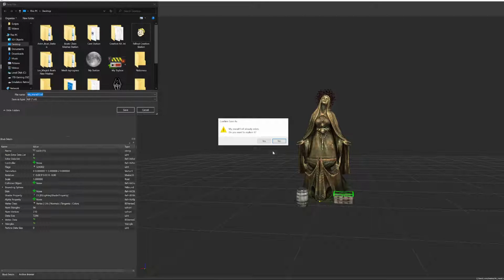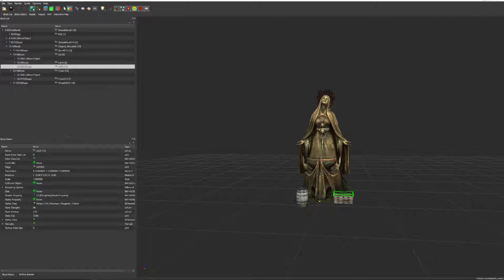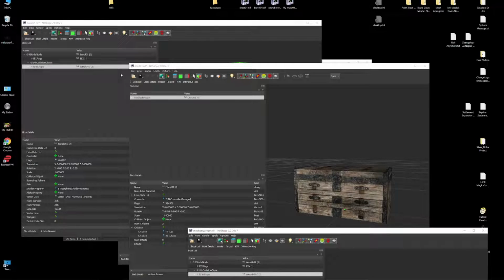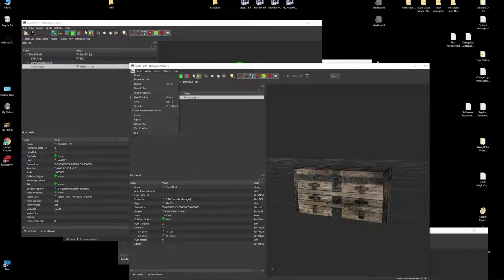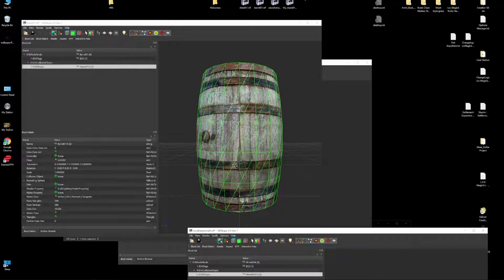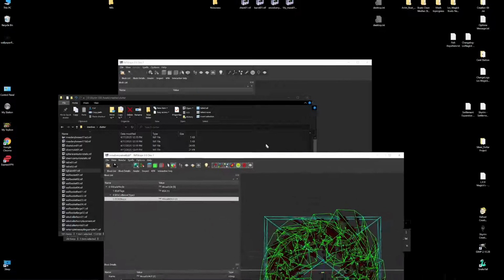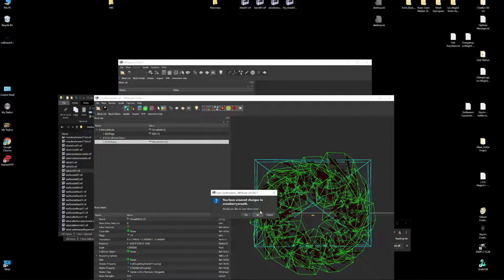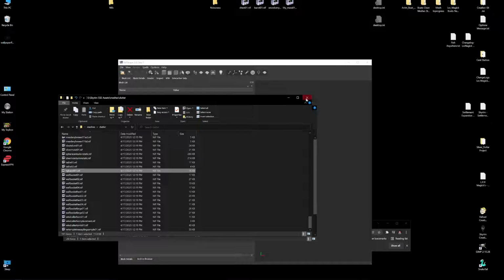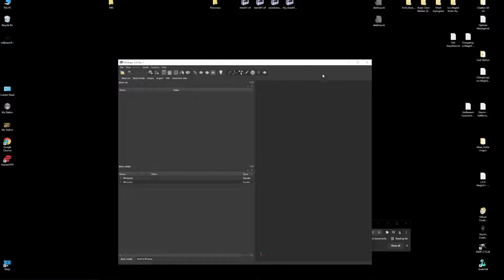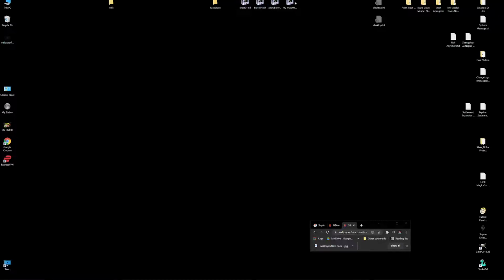My NIF, Mara. When you save something, you always want to go Save As and then overwrite it, because for whatever reason NifScope sometimes doesn't just save. So these are the little things that I'm trying to get you to understand, that way you can save some time.